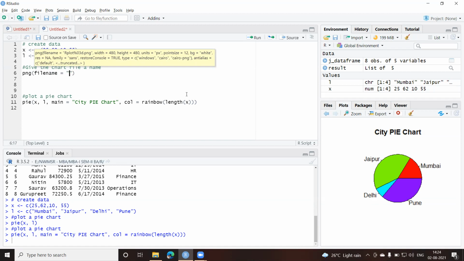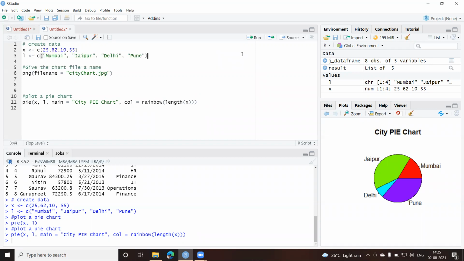Let us give city chart, dot. Now when we give the extension, you can give either JPG or PNG. It's up to you. Because I'm using the png function does not mean you have to use the PNG extension. Let us give JPG as the extension for this file.